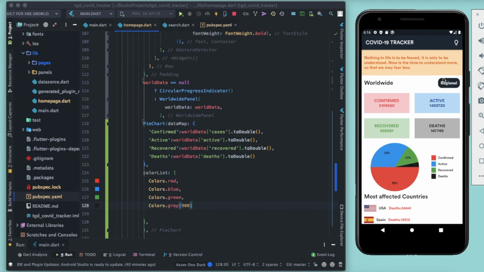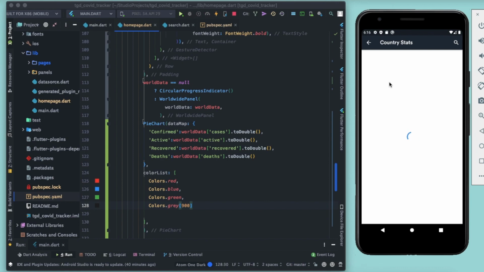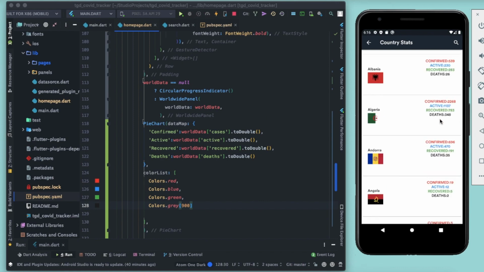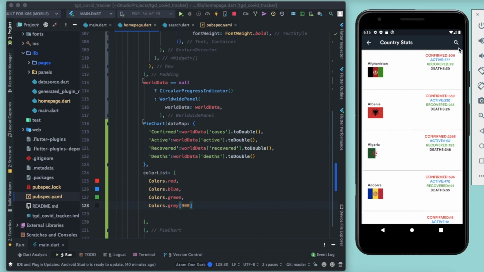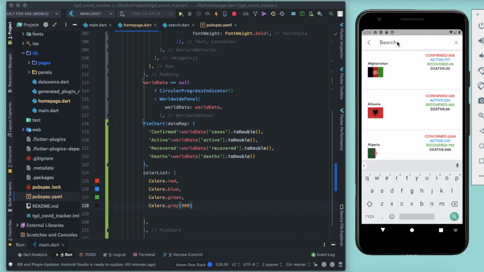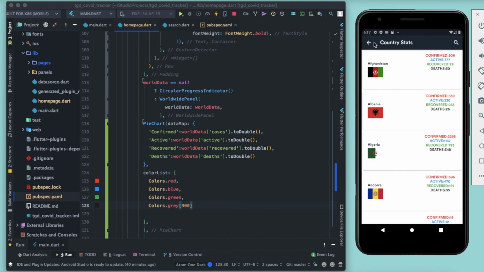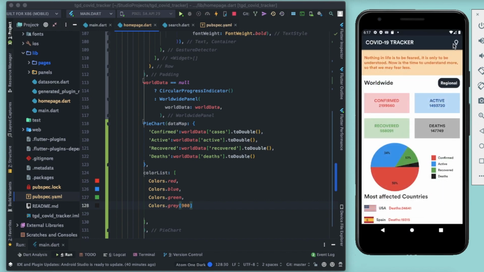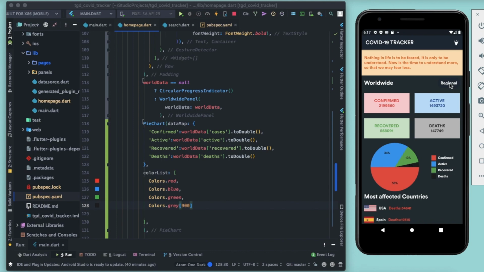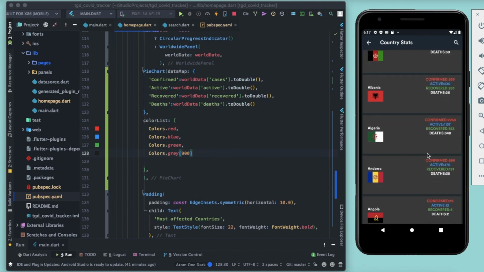Now the next thing you wanted is to add some customization to the search widget. So let me just show you. If you go to regional, you can see that we have the list of countries, and inside this search, if we write the country name, we get the country that matches the criteria. Now if I go back and change it from light mode to dark mode, and then go to regional stat, you see that we have the country list.